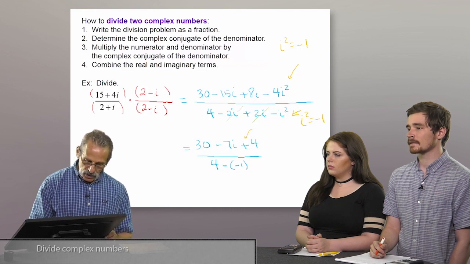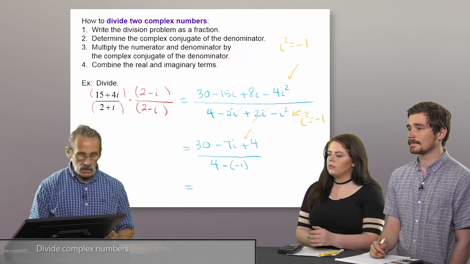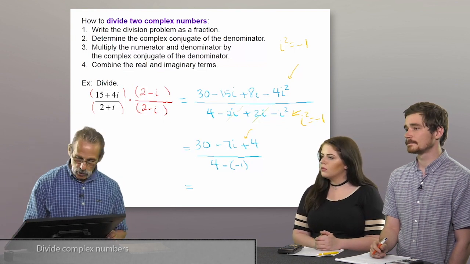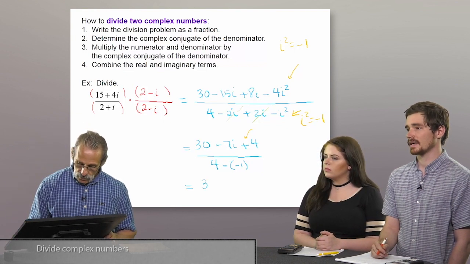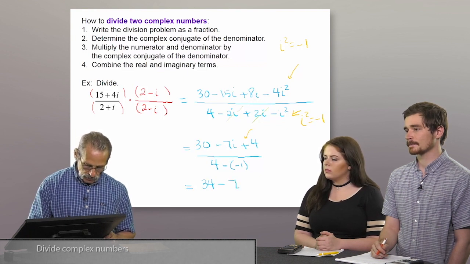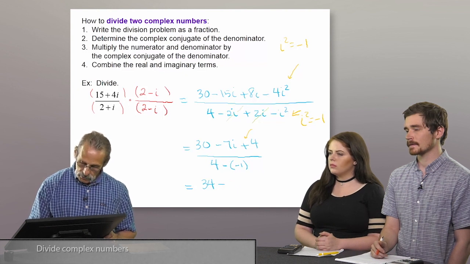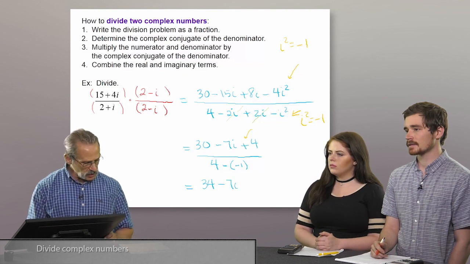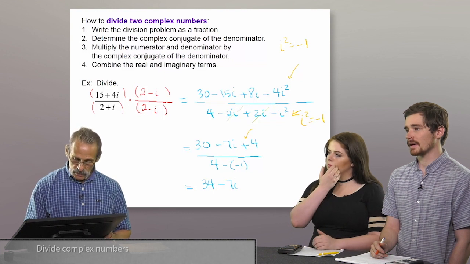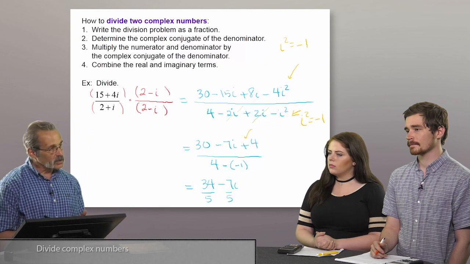Well, we're not quite done. We don't have our complex number in the form of a plus bi. So in the numerator, combine the real parts, we get? You get 34 minus 7i. Very good. And in the denominator, see if I can make that look like a 7. There we go. What number's in the denominator? Positive 5. So I'll put that positive 5 in the denominator so I can see